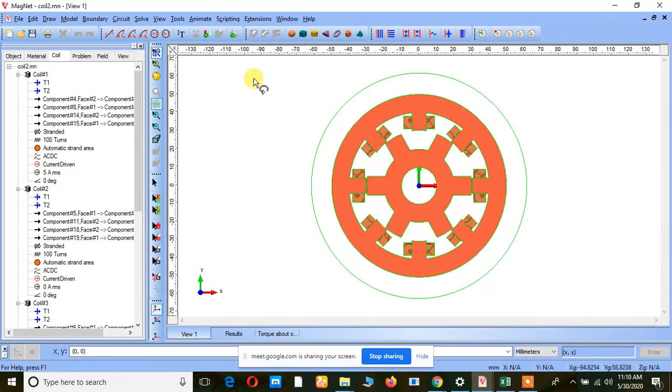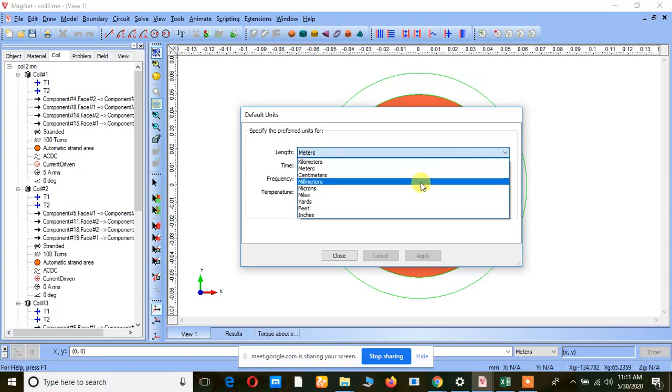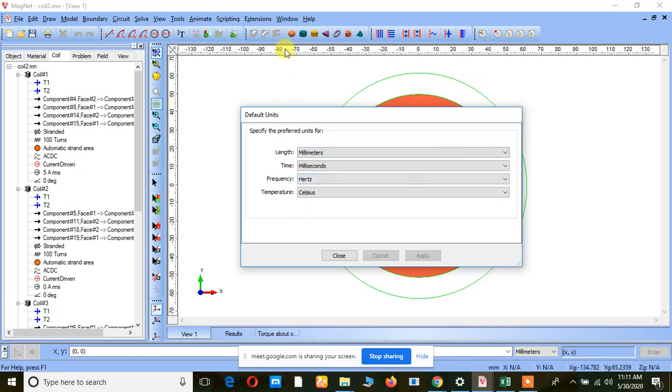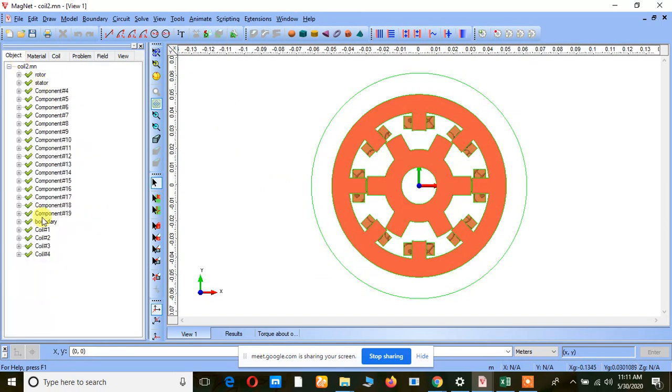For doing the next type of analysis, what we want to do is convert the unit into meters. See here, the topmost region is showing the scale value. Now it is showing in terms of 0 point. Now I convert into millimeter. Once again, see here it is showing at the top as 60, 70, 80. Now I am going to convert into meter and give apply. It is showing 0.05. Right? So now what I am going to do is delete the boundaries, because now I am going to do another analysis. So what is the effect?